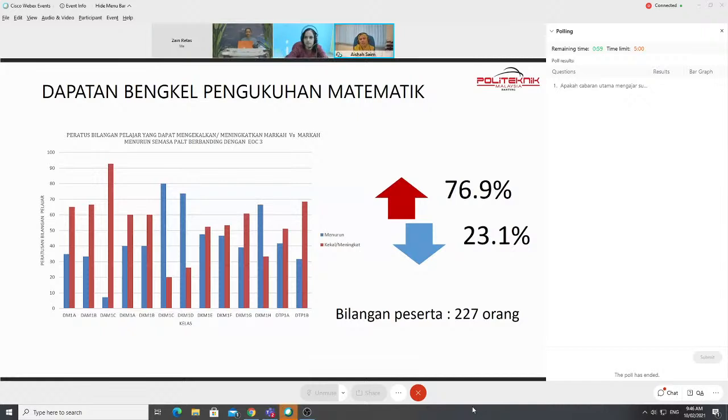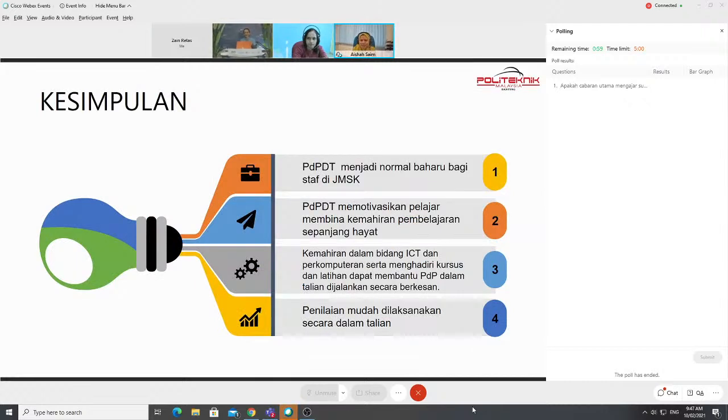Jadi kita boleh simpulkan bahawa kita boleh bagi kefahaman matematik ini kalau betul dengan cara kaedah kita mengajar dan betul dengan bimbingan kepada dia. Itu yang saya kata tadi, kita kena setarakan, macam mana kita laksanakan secara face to face yang kita rasa berkesan, kita cuba applykan dalam bentuk dalam talian. Jadi kesimpulannya, PDP secara dalam talian jadi satu norma baru kepada staf